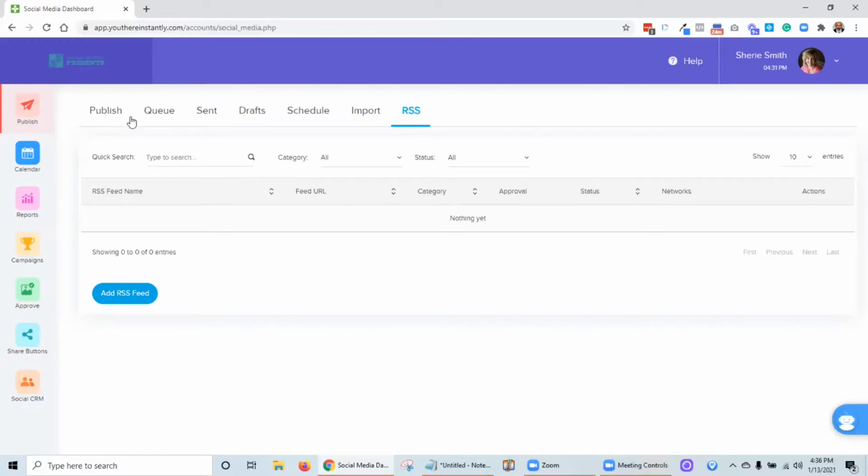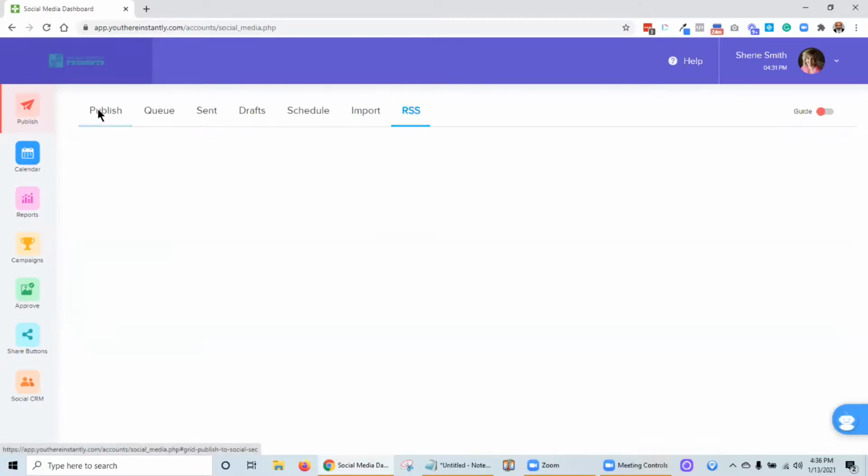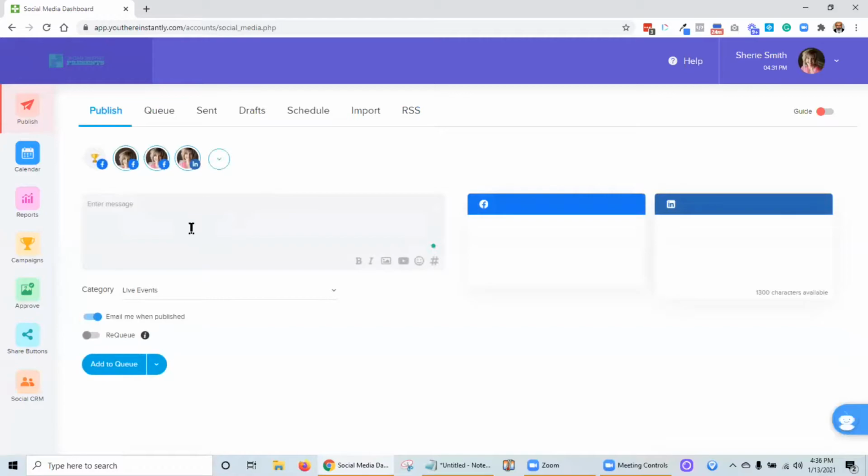But let's get back over here to publish. Okay, now publish is where the magic happens. This is where you're going to start initially, most likely, and this is where you're going to write your message. So let's say that we want to say something about Anthony Robbins. So you could say, hey, and one of the really cool things is, I'm going to write